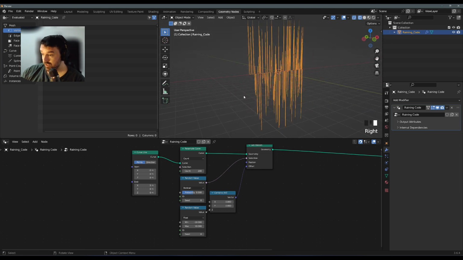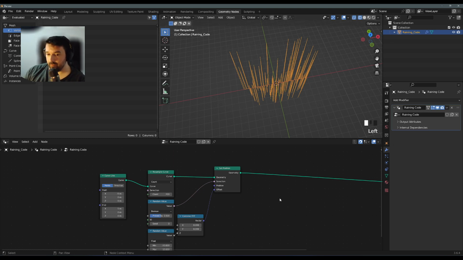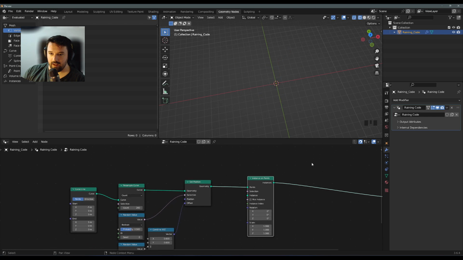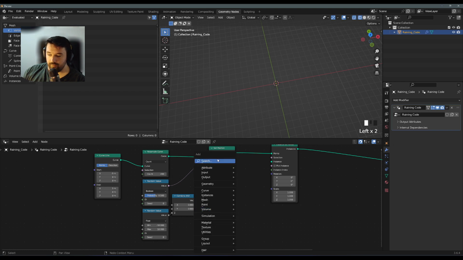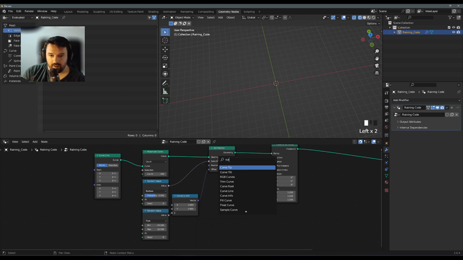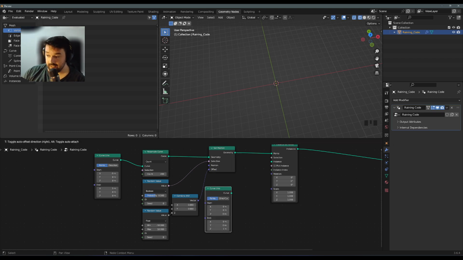When you're working with points on a curve, the basis of using those points effectively is an instance on points node. Pop that in there. Again, everything disappears. Our points still exist, but at the moment nothing is on those points, therefore we're not using them. So what do we do from there? Well, we can again bring in, like at the beginning, a curved line. This curved line is slightly different. What I've done before, again, mess around with these values if you want. I've done it from around 3 to -3,